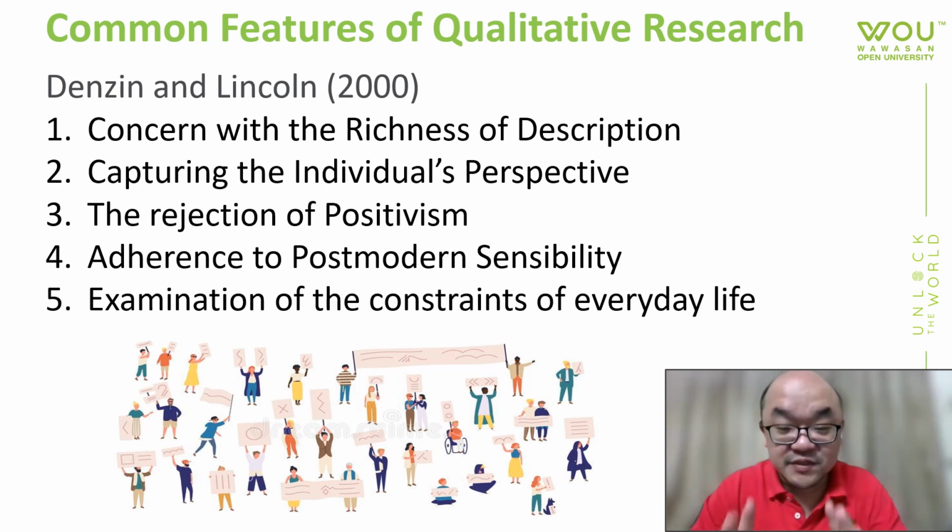This is first and foremost the most important characteristic of qualitative research, in direct opposition to the reductionist view. This is a holistic view. So instead of simply asking people, tell me how happy you are today from 0 to 10, where 0 is not happy at all and 10 is extremely happy, so we boil down the whole human experience into a number.